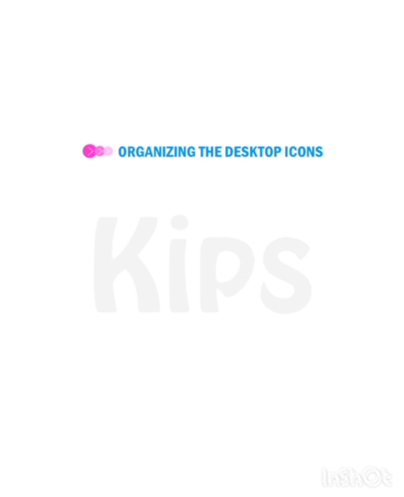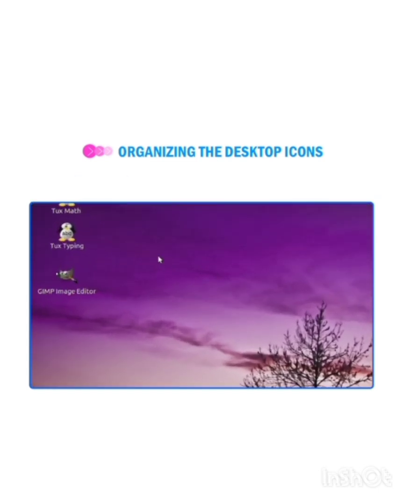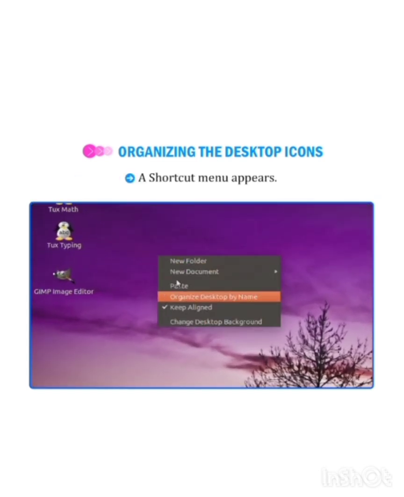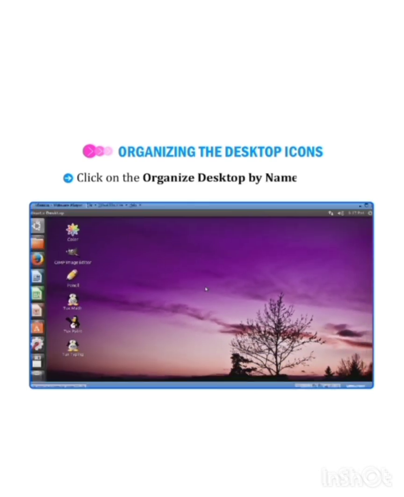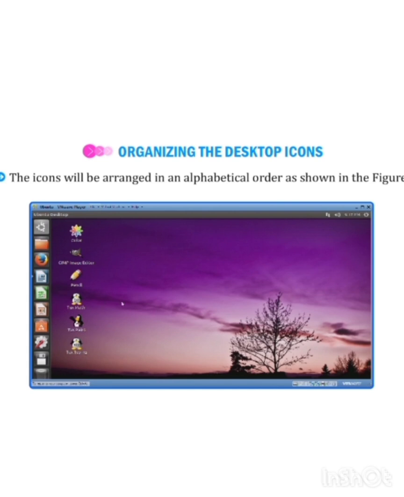Icons on the desktop can be organized in alphabetical order. Right click on the blank area of the desktop. A shortcut menu appears. Click on the Organize Desktop by Name option. The icons will be arranged in alphabetical order as shown in the figure.